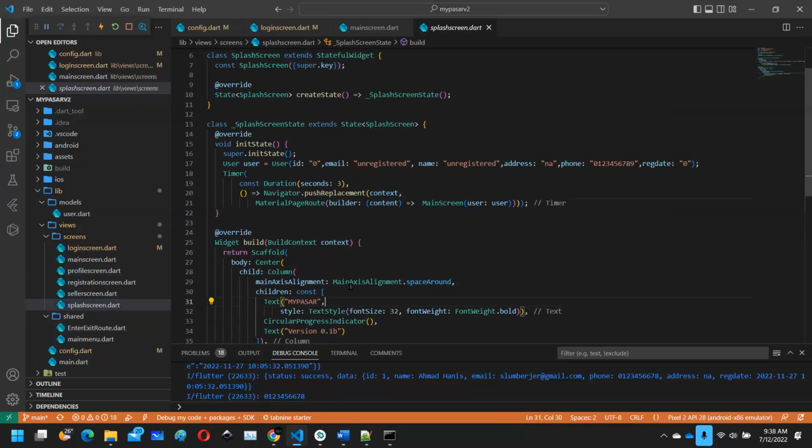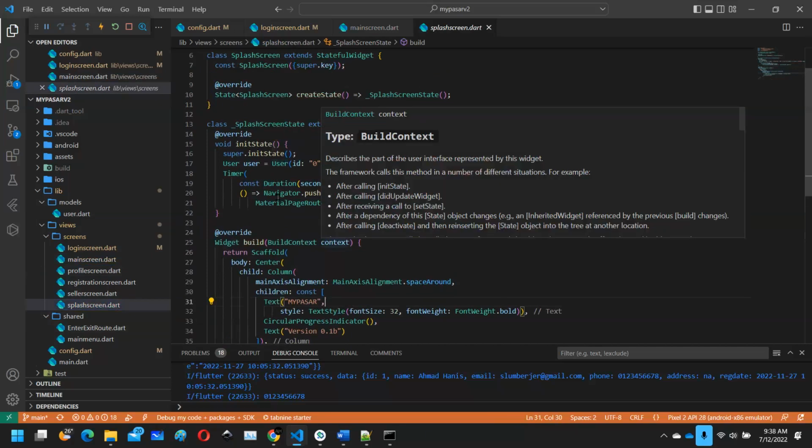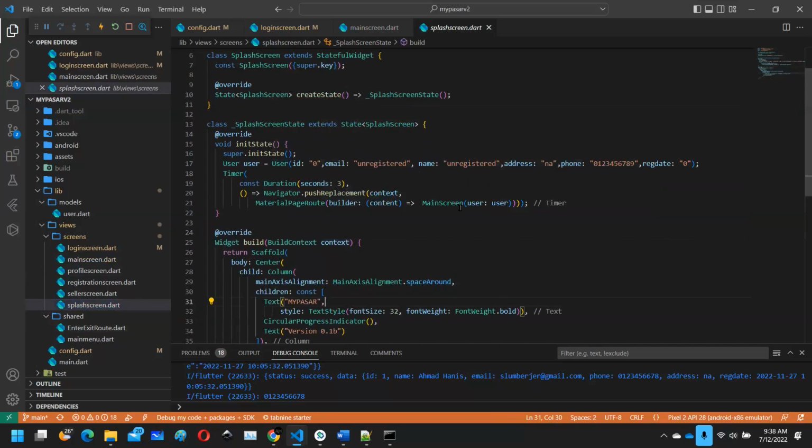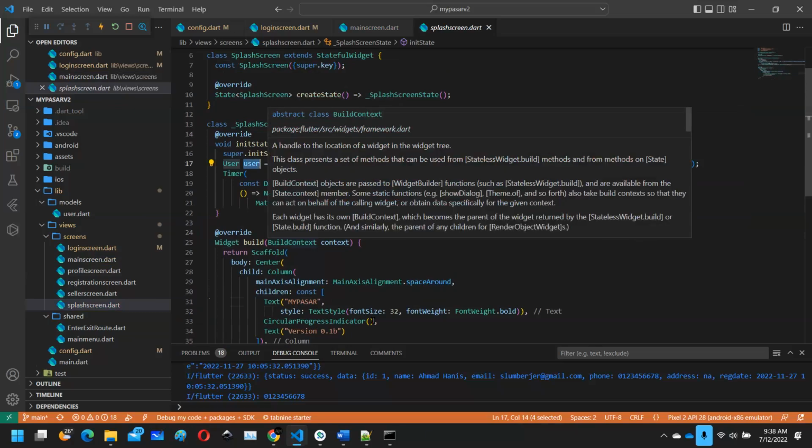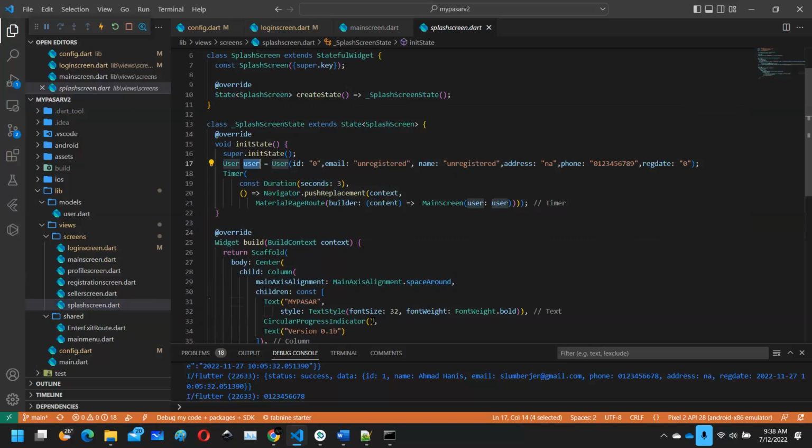But here, as you can see, the splash screen I've updated before we navigate to the main screen, because the main screen now will require a user object. So we need to create a Fox user, or what we call an unregistered user. So this is what you've seen. You can see here the splash screen